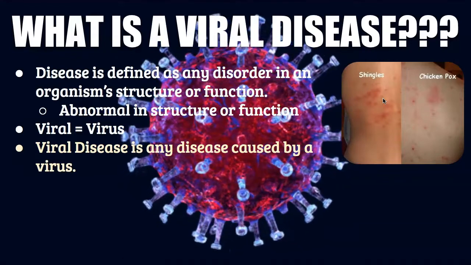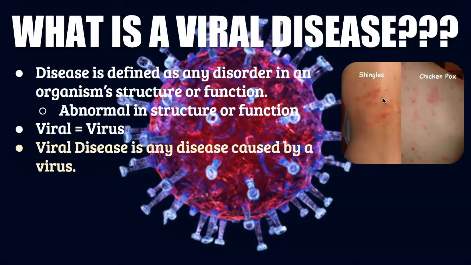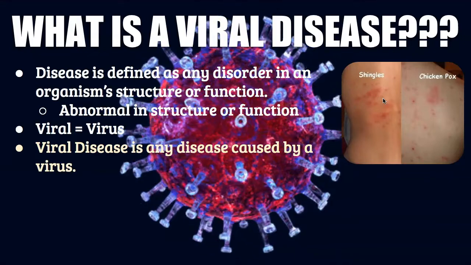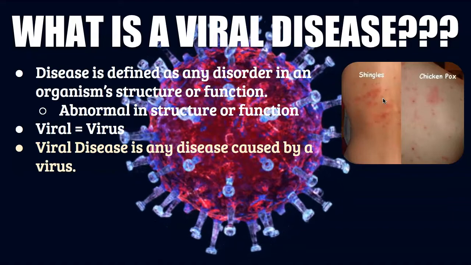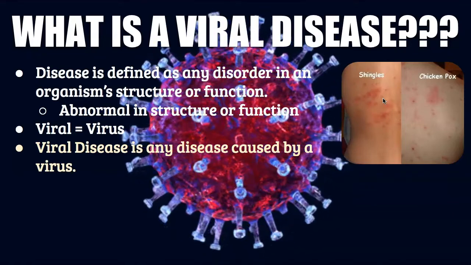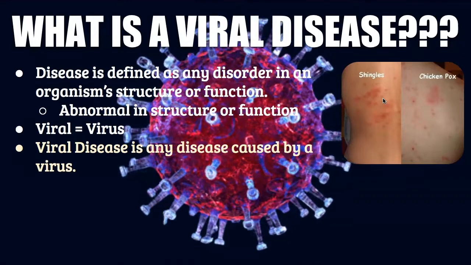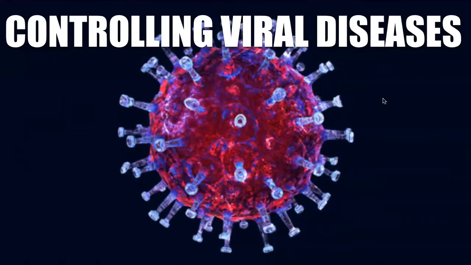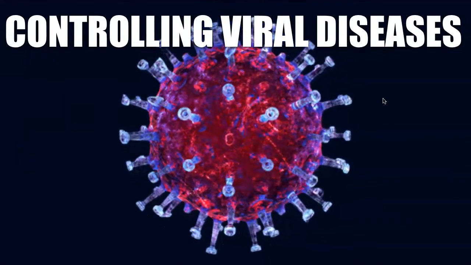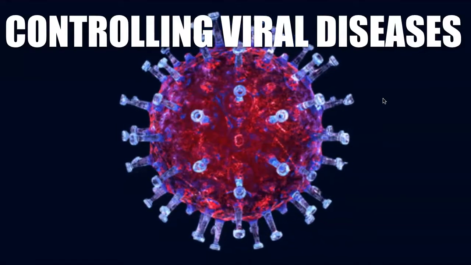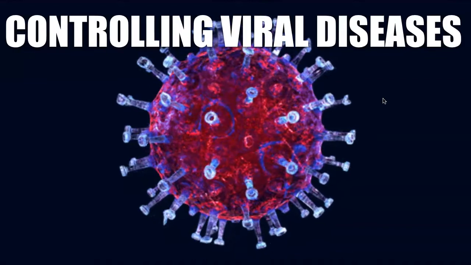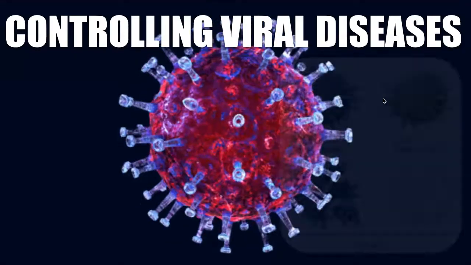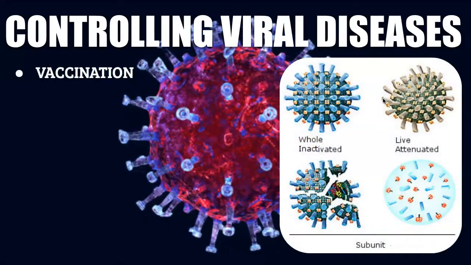That's why you hear people saying that COVID-19 is a viral disease, because of the way it affects the respiratory system. It doesn't allow the respiratory system to function properly, thus causing a disease. And so that's why people say COVID-19 is a viral disease. So how do we control these viral diseases? Well, we have several methods, and several methods that we're actually trying. Some of them aren't necessarily to stop the disease, but more so to hinder it from doing any more harm. And so some of these methods include vaccinations.